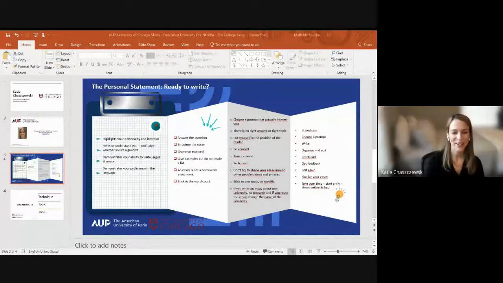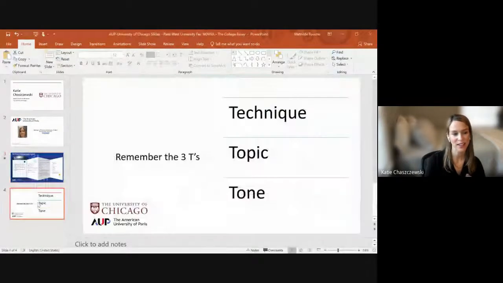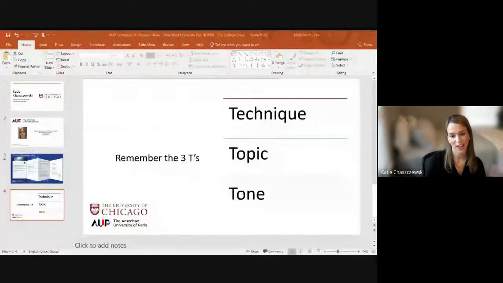Thank you. So absolutely. When we're talking about essays, I certainly agree with all of the statements that you've heard. And I like to talk about writing your essays in the context of the 3 T's. A lot of these were mentioned already, but I think it's okay to repeat. And I will also talk about them in the context of supplemental essays. But technique, topic, and tone.